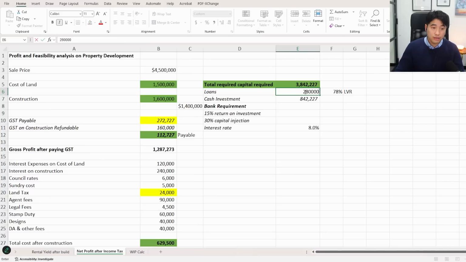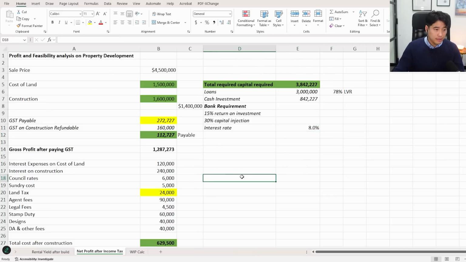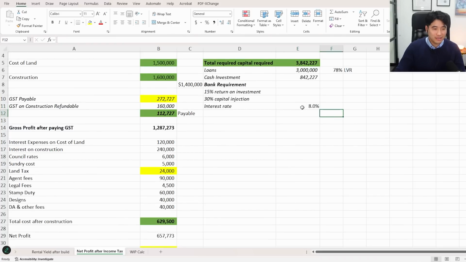Generally, people want to go lower than that because the banks won't lend 80%. They will lend less. But let's just assume they did, or they borrowed the money from somewhere else and the interest rate's about 8%. And remember, when you do borrow the money, you don't borrow it all at once. You borrow as the construction gets built too. So you don't borrow the full amount. And like I said, the calculation is based on the whole year, but when you actually apply it, it's based on when you actually borrow the money. So therefore, the calculation is a bit more complicated than that. I took a very simple approach.